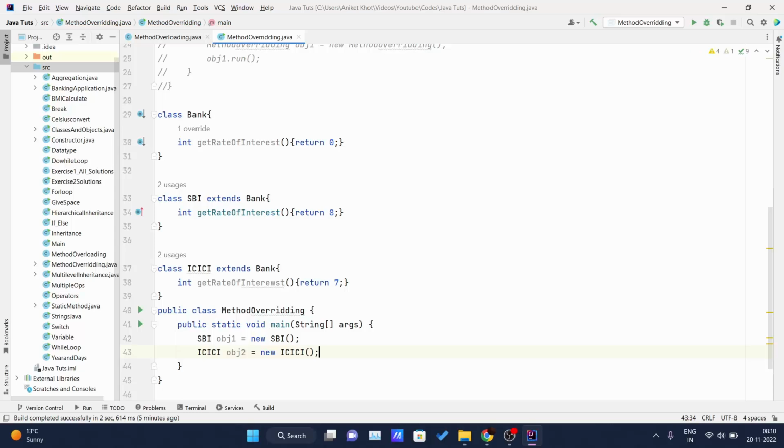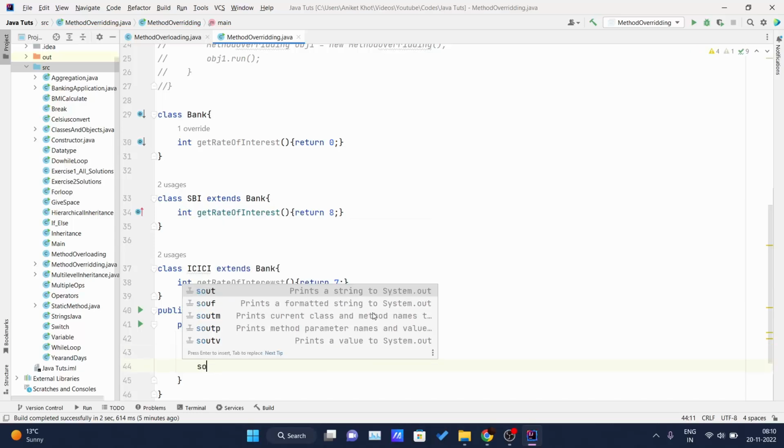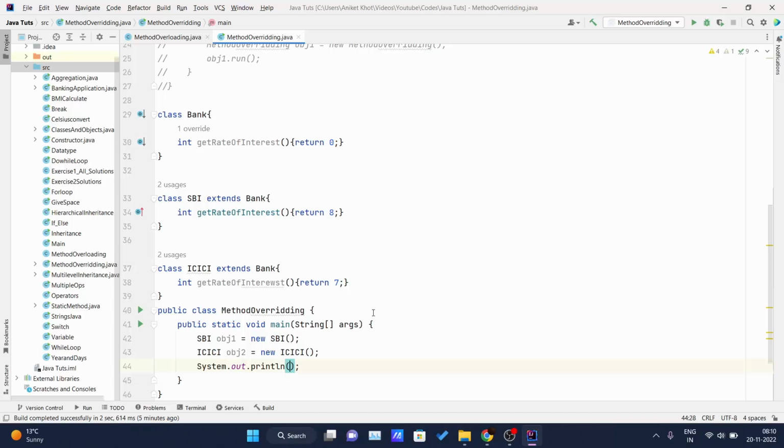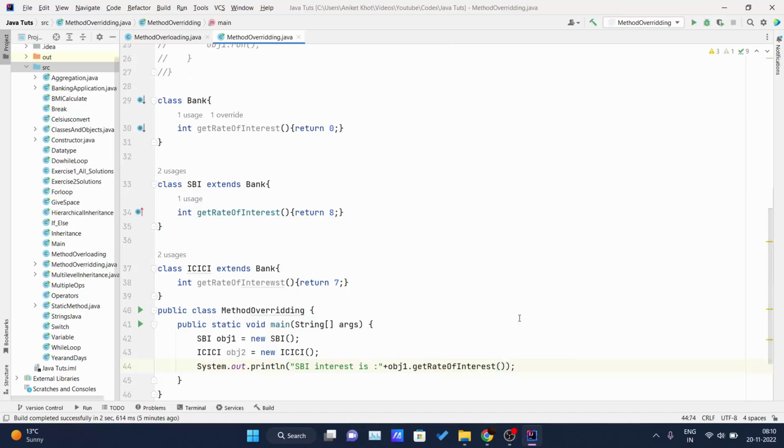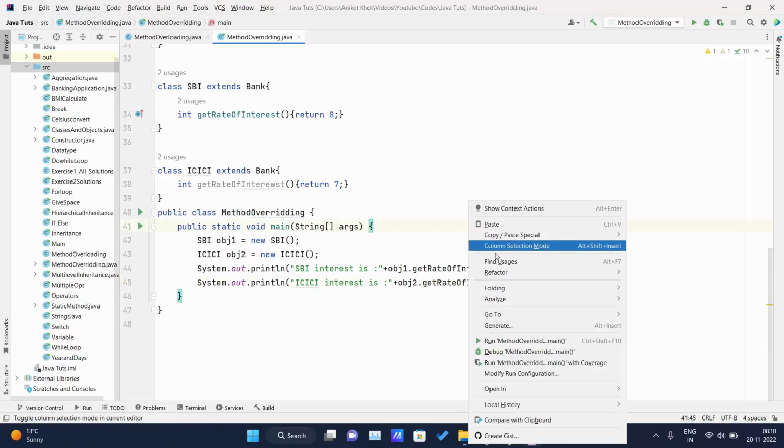I have created all the objects, and now I will simply print SBI interest is, and I will concatenate it with obj1.getRateOfInterest. I will simply copy this because the same code we require for ICICI bank also. I will paste it over here and change the bank name and the object name also, because the object for ICICI bank is obj2. And now if I run this,